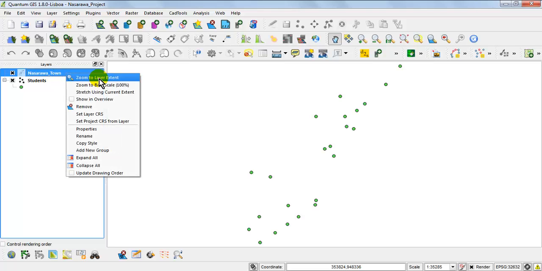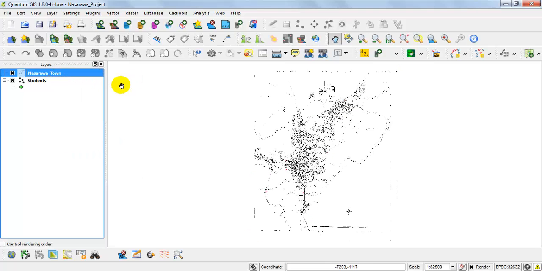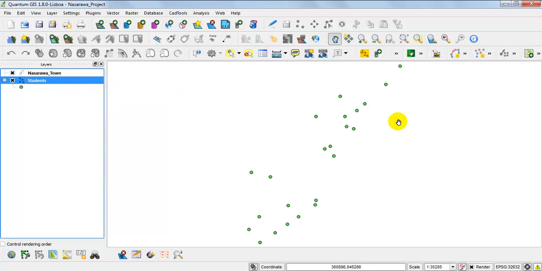But if I zoom to the raster image, I will not be able to see the student's location. If I zoom to the student's location, I will not see the raster image. This is because they are on different locations on the map view area.